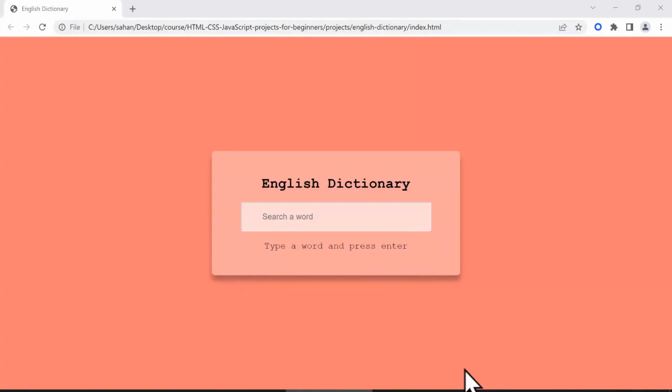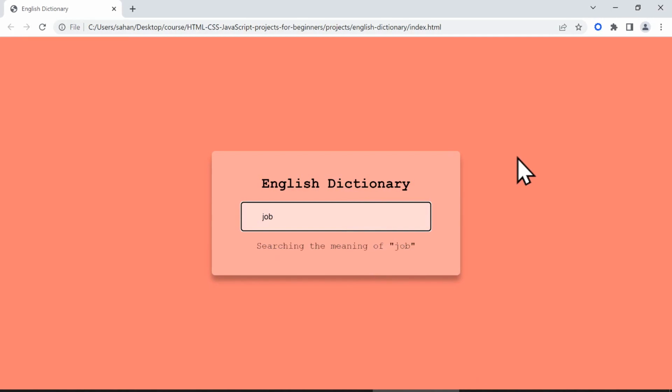Welcome back to another project. In this project, we're going to create an English dictionary. As you can see from the final version of the project, we have a container here with an input. And when we write down a word, for example, I just write down job and I press enter, you see